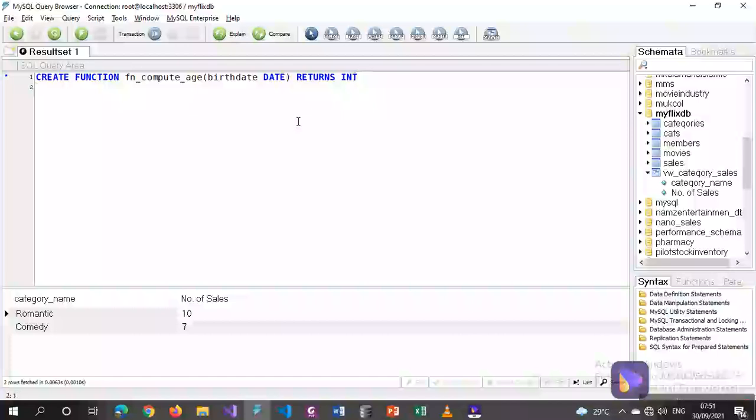Then after that we use the begin keyword and then the end, meaning that anything that you want within our function body comes in between the begin and the end statement. Now,